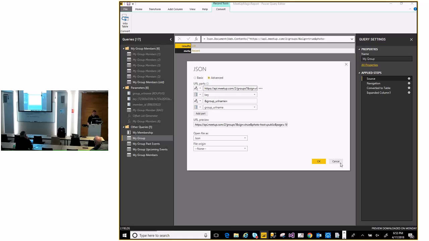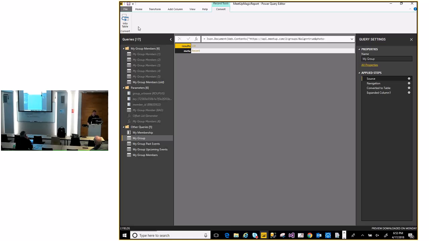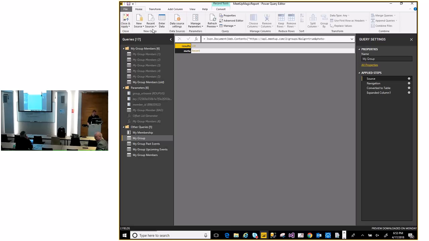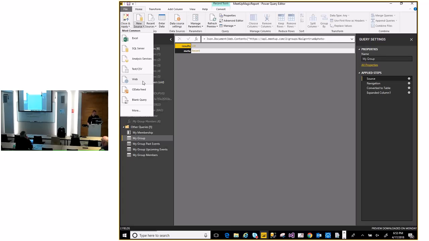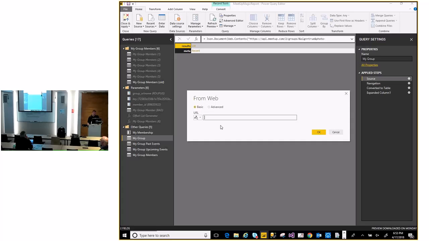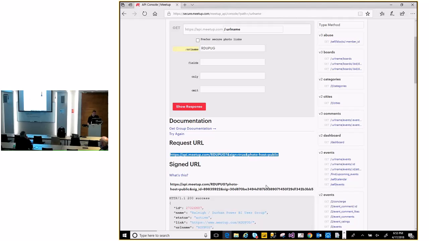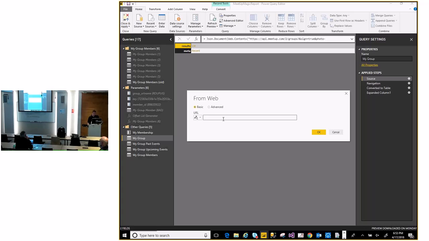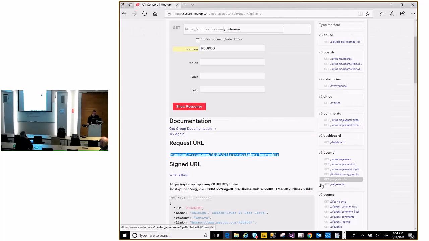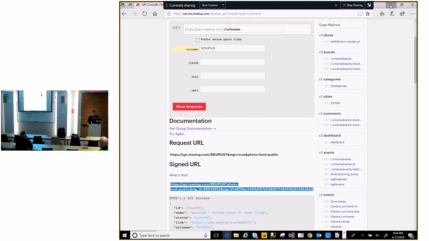Before I begin there, let me give you just a quick look at the beginning, very early step of this. And that is to start a new source and choose a web URL. And I think I copied that out of here, did I? And I paste this in here. And I click OK, and I will get a failure. And I don't want to put that on. Actually, let me just grab the other one because I know that's going to work. And I don't have to record and broadcast my authorization key for all time.